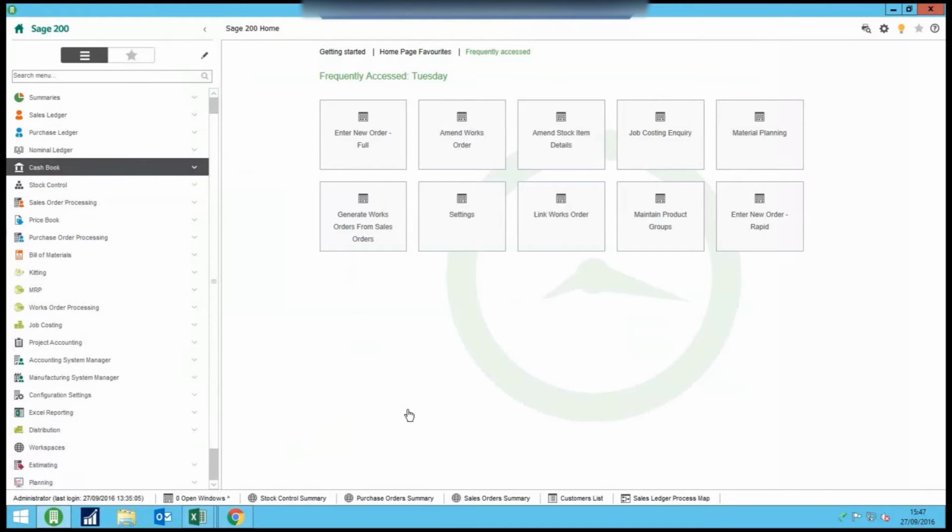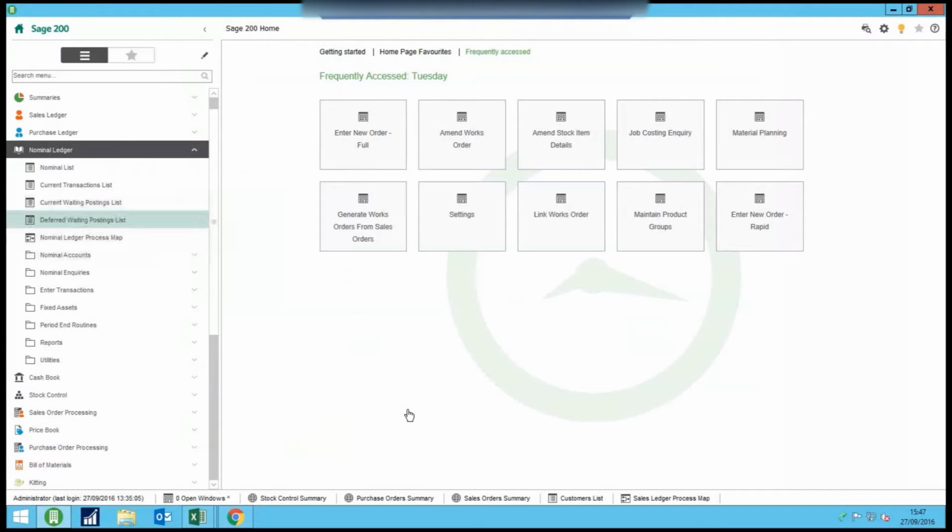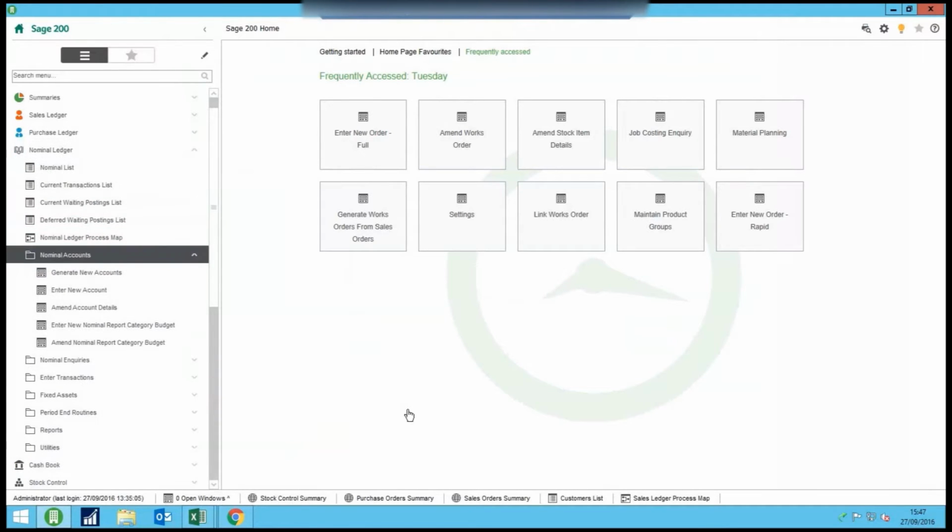Just going to move to the nominal ledger now and some changes we have in here. So going into the nominal side, previously to date we've been able to set budget at account and at group account level. So if I go into a nominal account,